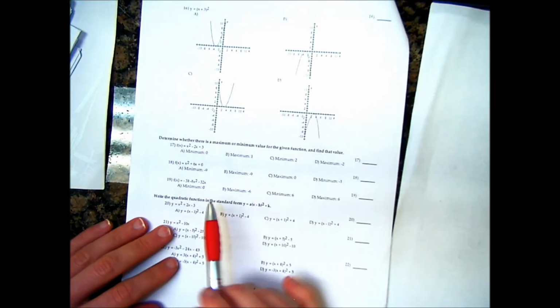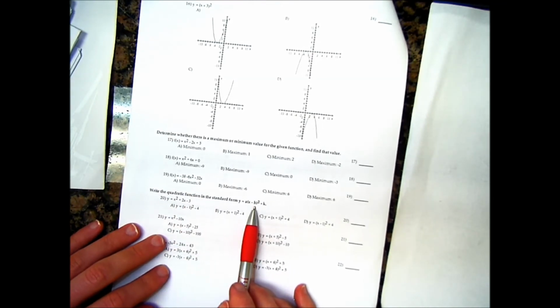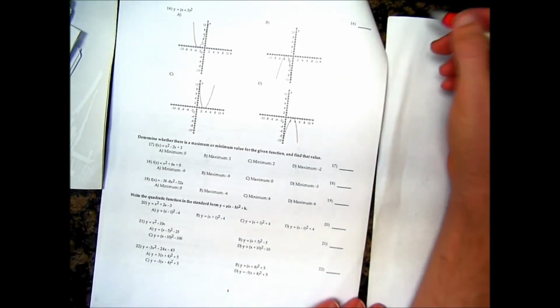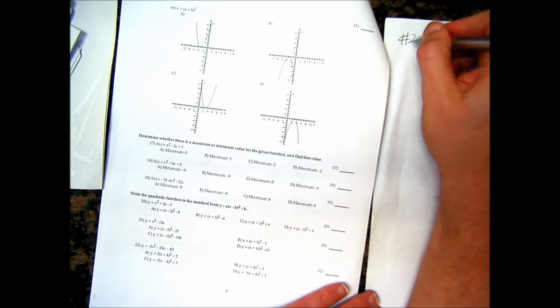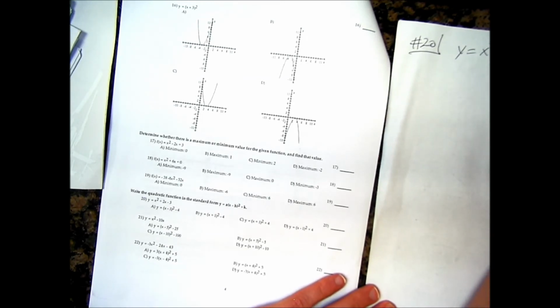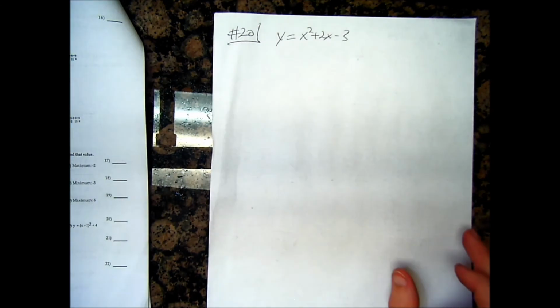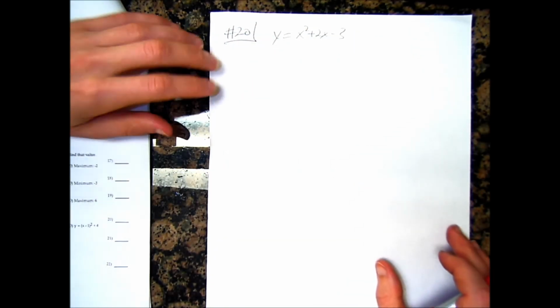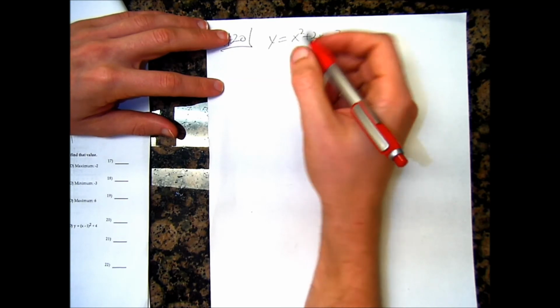Alright, these are old problems from the quiz that we already did a lot of. Write the quadratic function in standard form. I'm going to do one completing the square problem just to keep our memory fresh. Number 20. y is equal to x squared plus 2x minus 3. So it says write the quadratic function in standard form. y equals a times x minus h squared plus k. So I have to